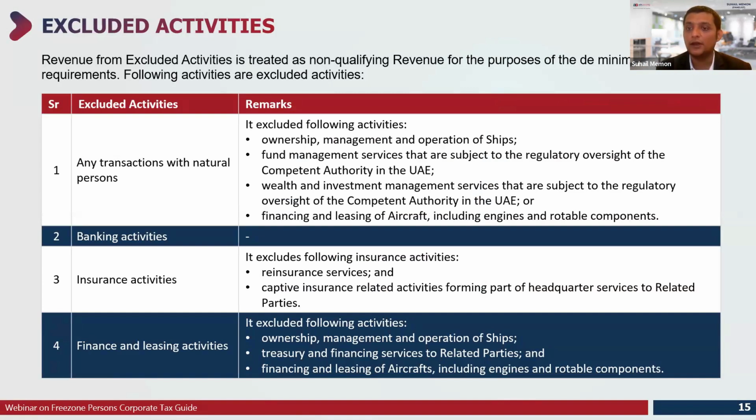These are not excluded if done with natural persons. For the rest, any B2C activity becomes an excluded activity. Other activities are banking activities, insurance activities, as I was already covering, reinsurance, finance and leasing activities. Next,